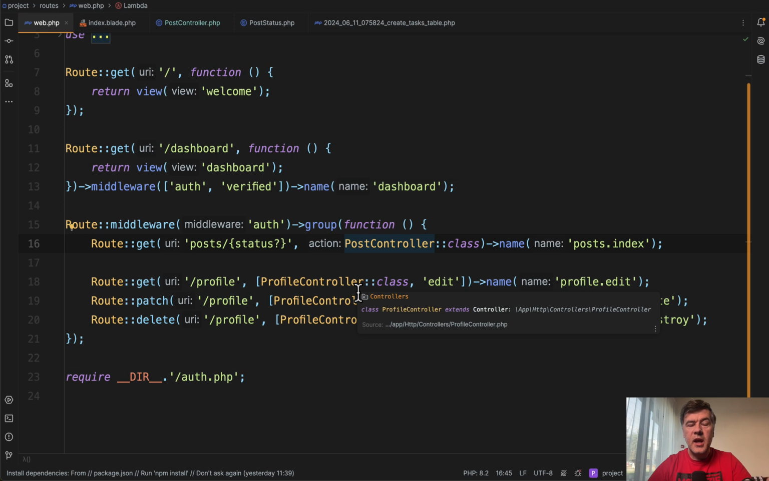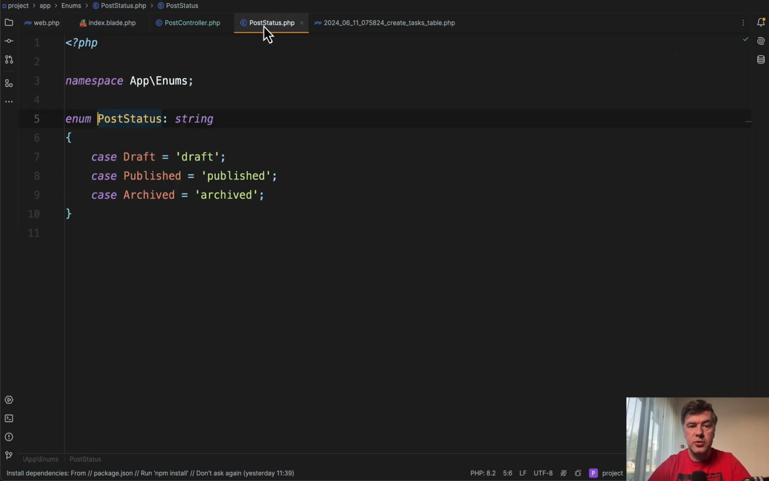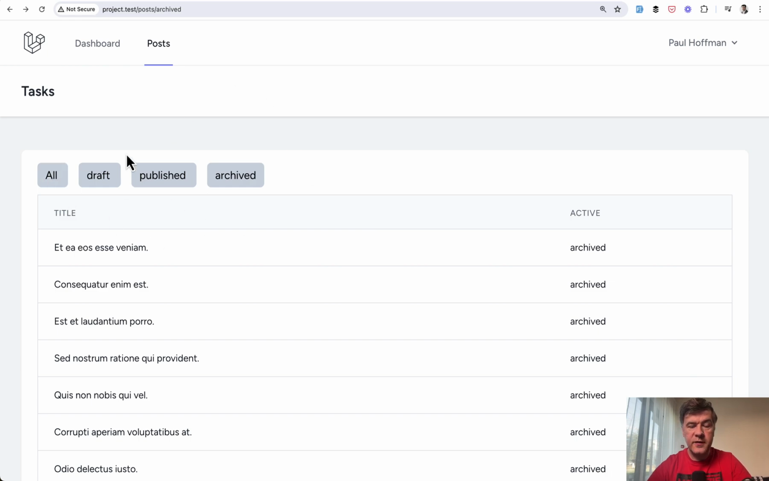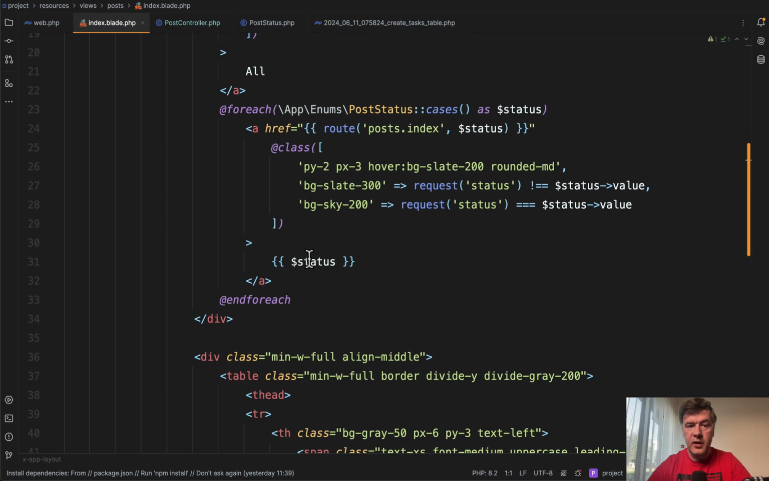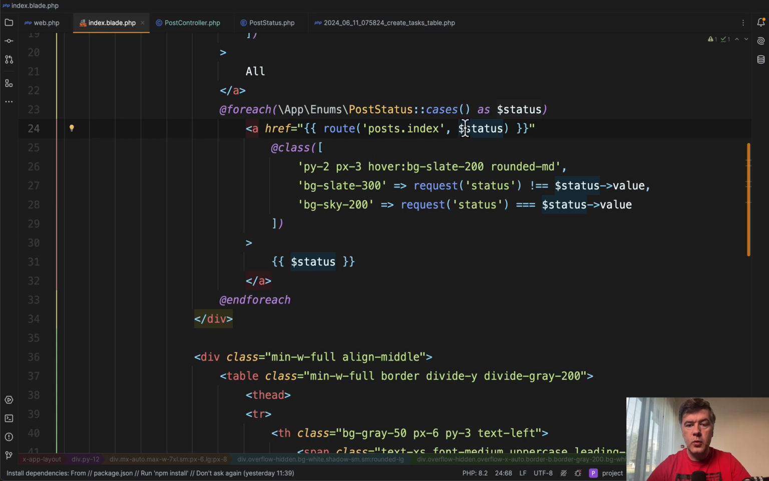And then what that enum allows you to do is to reuse those values everywhere in the project and have this enum class as one place where those values are defined. For example, in the Blade file for that page, these values are in the foreach loop. So in the index Blade, we have this: for each enum case, you have a link with the value here, and the value changes the class on the button,